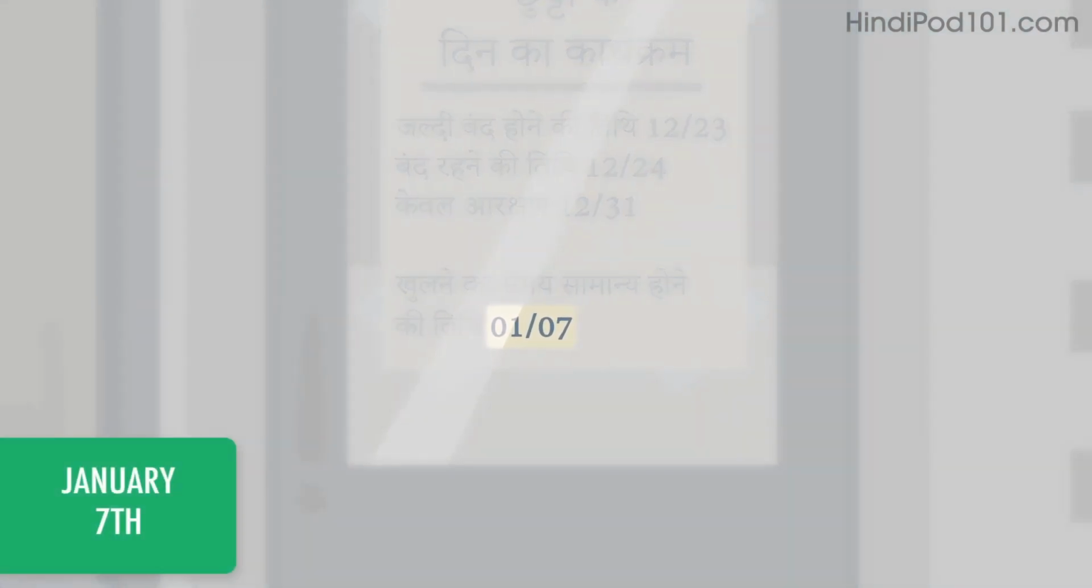The notice says that the opening hours will be back to normal on January 7th. 7 जनवरी,